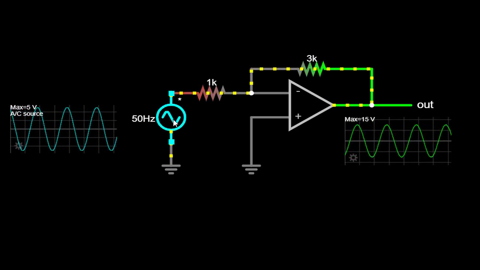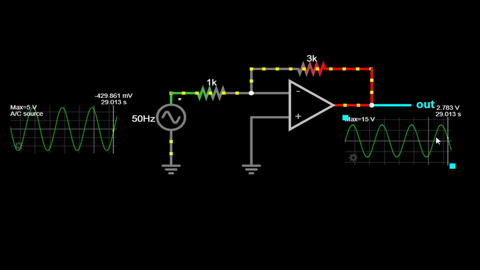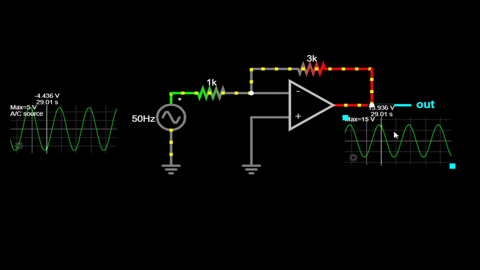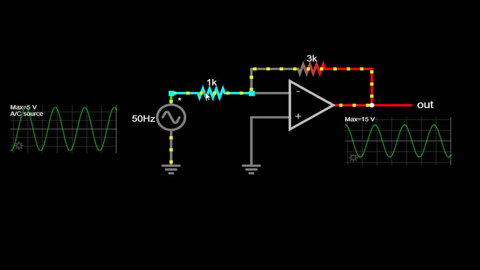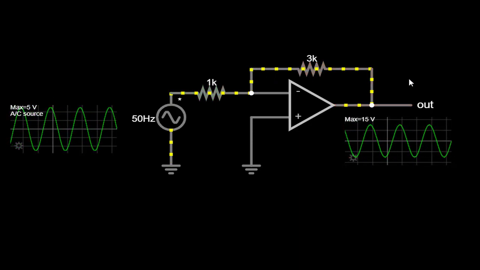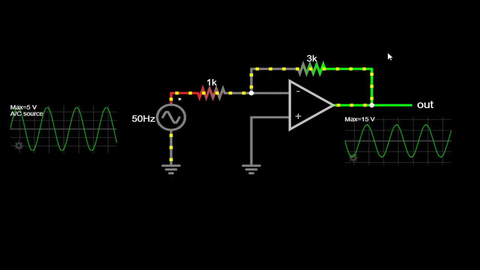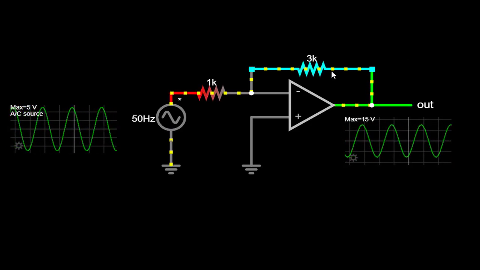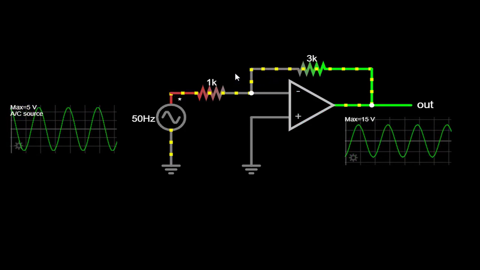When we apply an input voltage to the inverting input, the op-amp amplifies this signal and produces an output voltage. The gain of the inverting amplifier is determined by the ratio of the feedback resistor RF to the input resistor R1. The crucial feature of the inverting amplifier is that the output voltage is an inverted amplified version of the input voltage. This inversion occurs due to the negative feedback provided by the feedback resistor RF connected between the output and the inverting input of the op-amp.